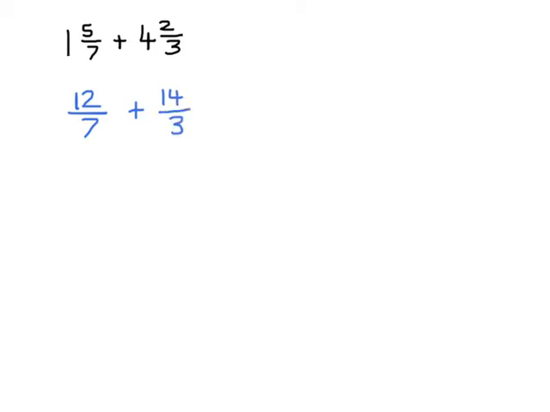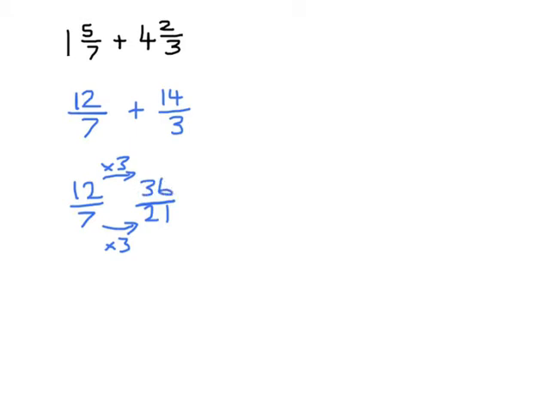Now, remember what I said, you can only add and subtract fractions when they've got the same denominator. So we need to find a number that 7 and 3 both go into, which is going to be 21. So I need to turn 12 sevenths into something out of 21. Well, to do that, I need to multiply it by 3. So if I do the same to the top, I've got 12 times 3, which gives me